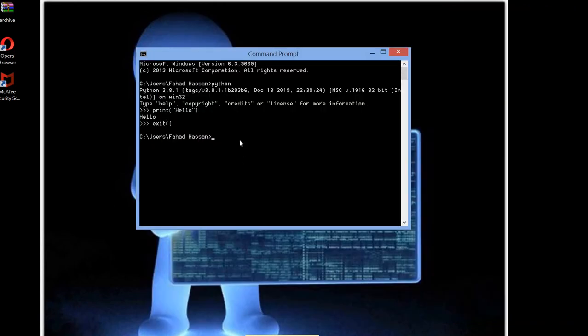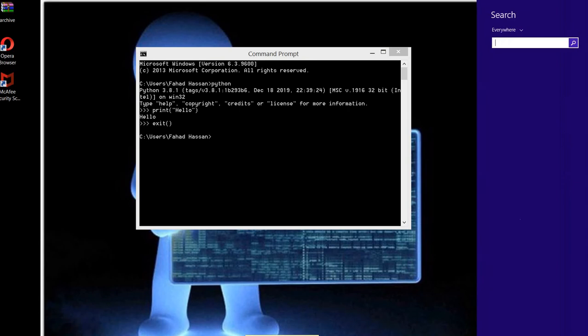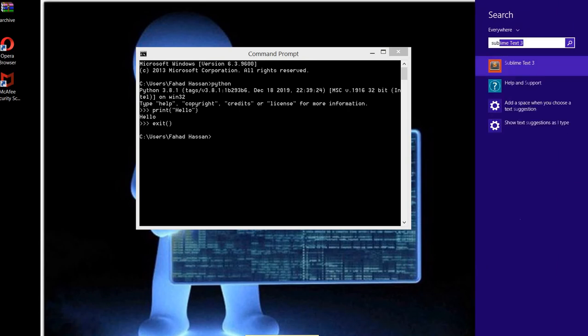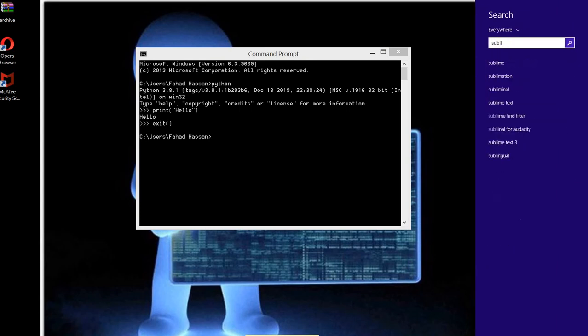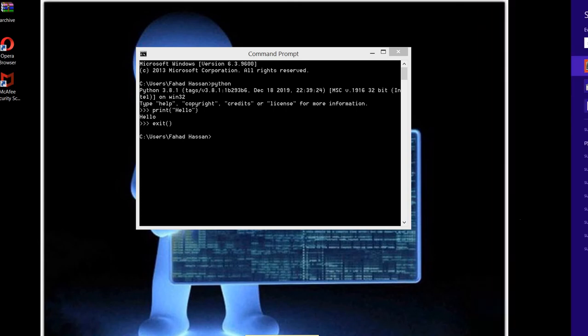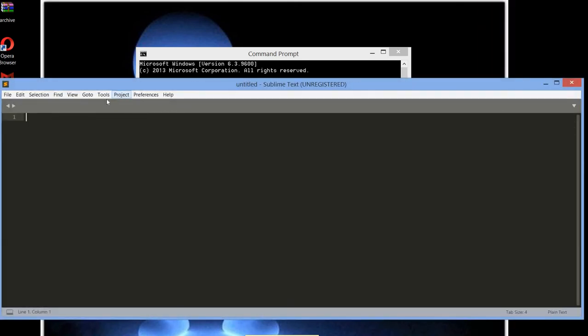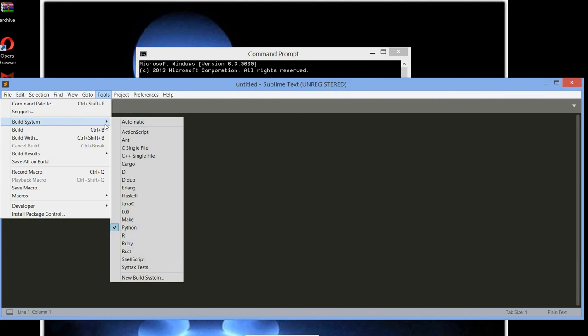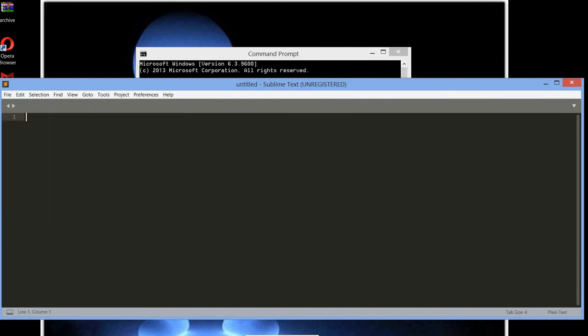Now I will tell you how you can tell that your Sublime Text is also using the latest version of Python. In this build system I have already checked Python. So in order to find out which version it is using,